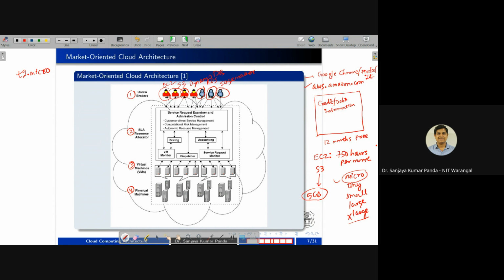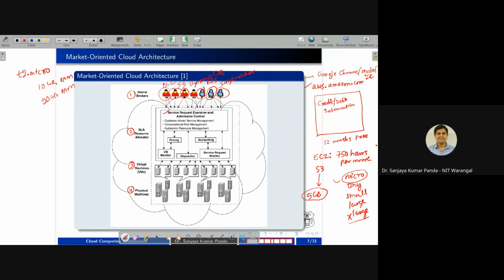Whether your request is honored or not, whether it is accepted or rejected, will depend upon your cloud service provider, right? Suppose, for example, the maximum capacity of a particular system is, let's say, 10 GB of RAM. But if I am making a request for 20 GB of RAM, is it possible to provide 20 GB of RAM if the maximum available resource is 10 GB of RAM? No, right? So there is a unit called the Service Request Examiner and